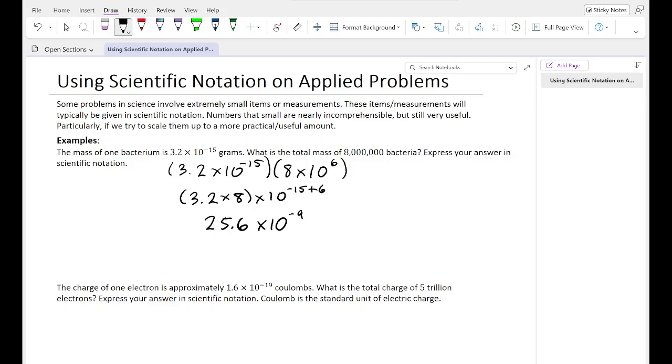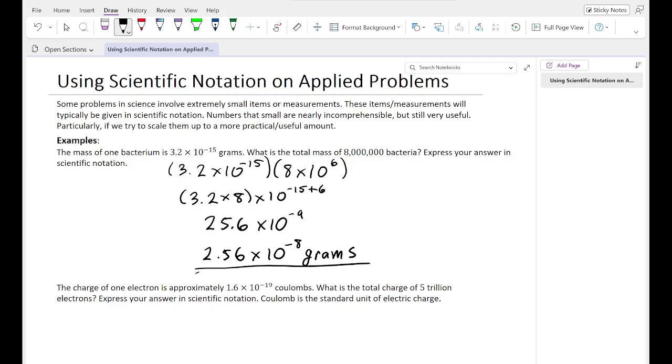Now this is good, but not correct because it's not in scientific notation. This 25.6 is not between 1 and 10. So we're going to need to move the decimal place over one spot to the left. So we're going to get 2.56 times 10. And since we moved it one spot to the left, we're going to change this as well. So this is going to go from a negative 9 to a negative 8. And this is 2.56 times 10 to the negative 8